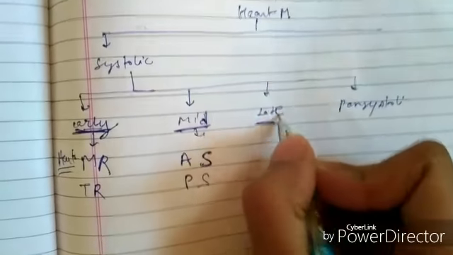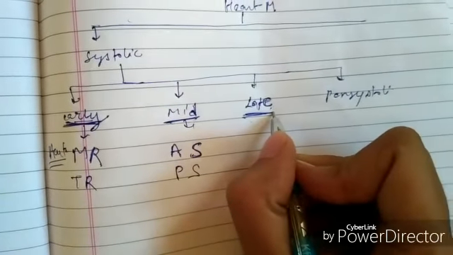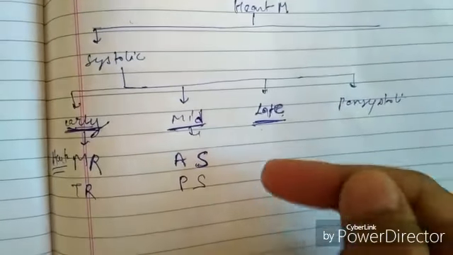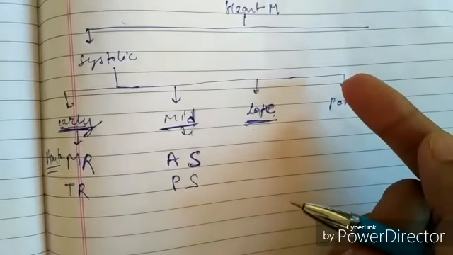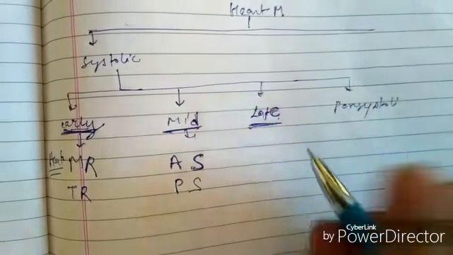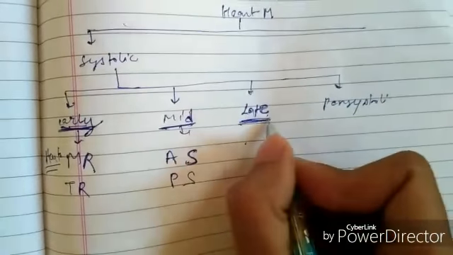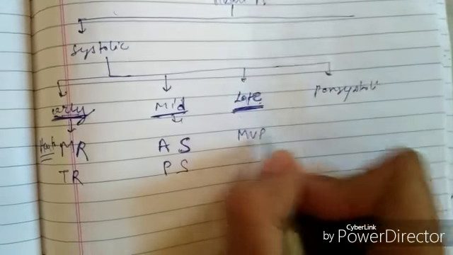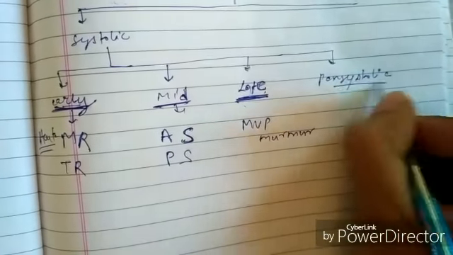Now in the late part, the chamber is contracting from the start. First it will close the AV valve, then it will exert more pressure and open the aortic valve, then exert even more pressure. If the mitral valve is weak, if there is some disorder in the leaflets, then due to the high pressure it will ultimately balloon towards the atrium. That is known as the mitral valve prolapse murmur.